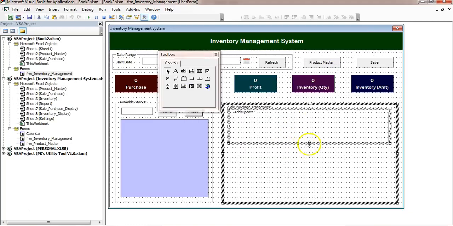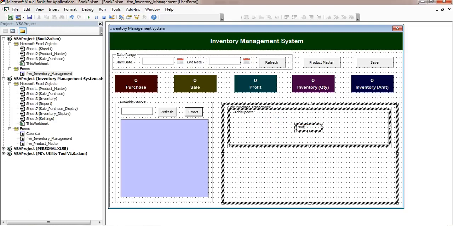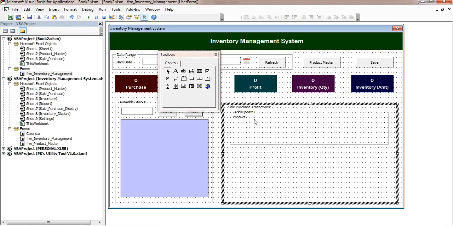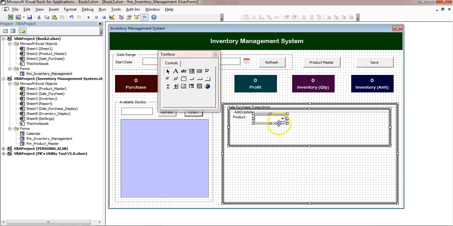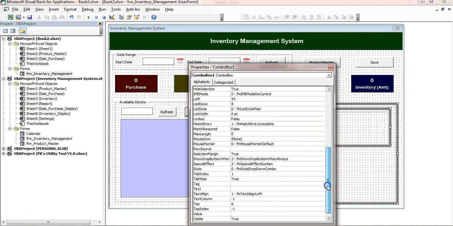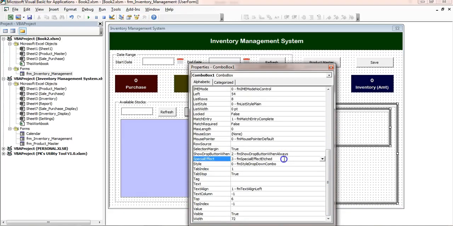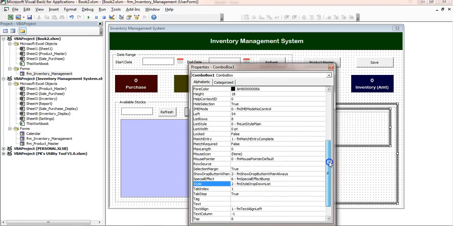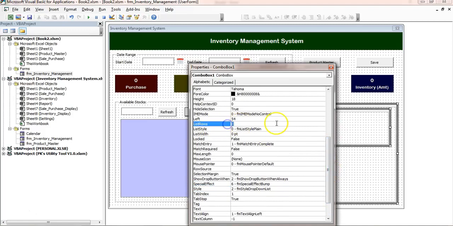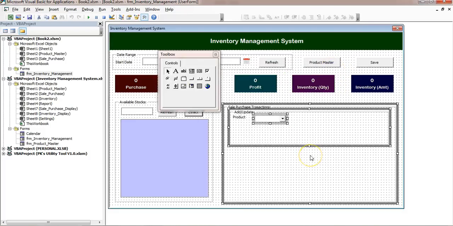In this add update frame, we will put first the product combo box. So let's copy any label and just paste here and just rename this as product, move this here, and we will create a combo box. So just go to the toolbox and we will take this combo box and just click here. Right click, go to the properties, we will change the special effects. So let's say I'm taking this one, and in the style, in place of combo, we will take list. Alright, the list row is currently 8. We will put here 20, 25, so that on one drop down at least 25 product can be visible, and after that the scroll will be available there.